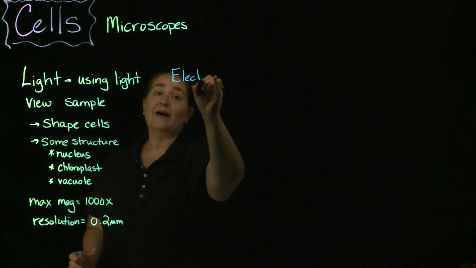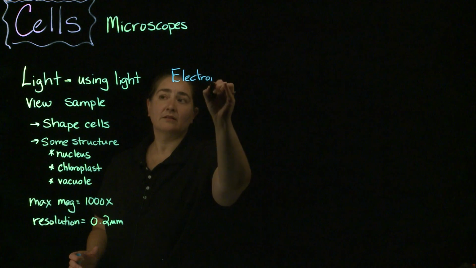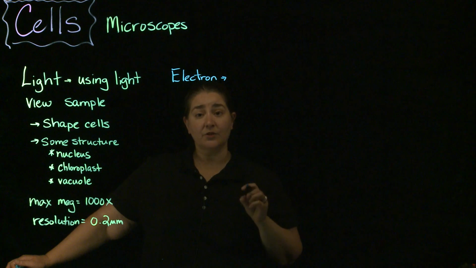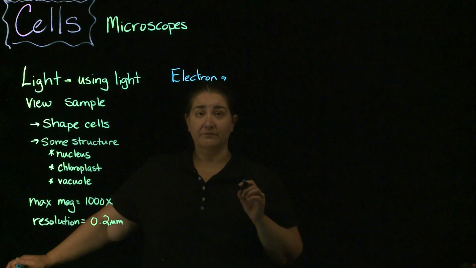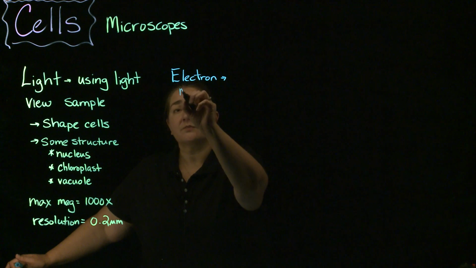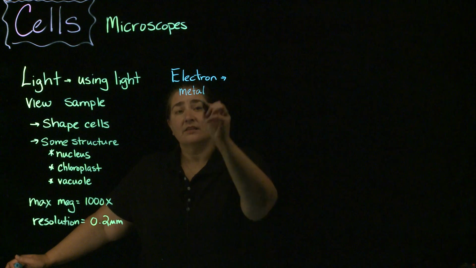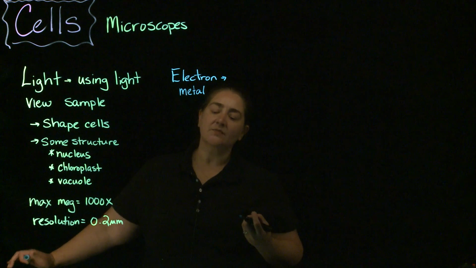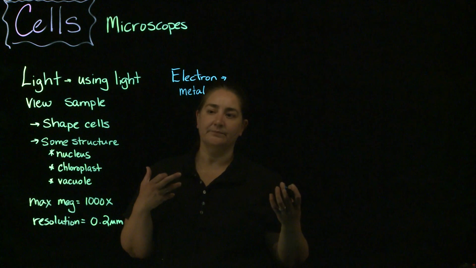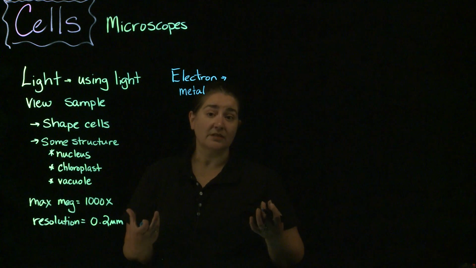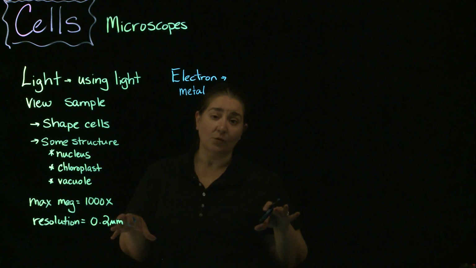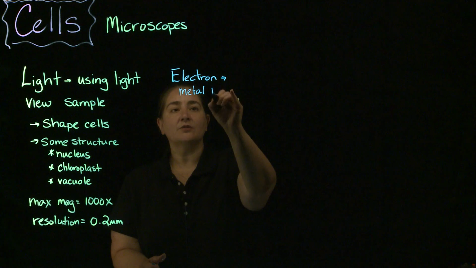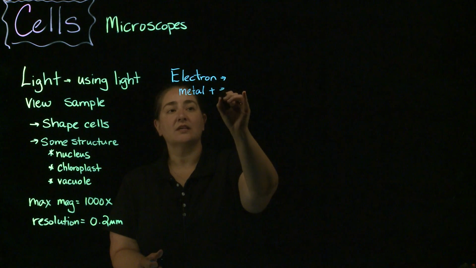Electron microscopy is going to use something different for you to be able to visualize the cells. All right? Electron microscopy requires the samples to be coated in metal, which is why electron microscopy is not compatible with being able to view live cells, because once you coat that cell with metal, it's no longer living. Okay? So you've got to coat the cell with metal, and then you're using